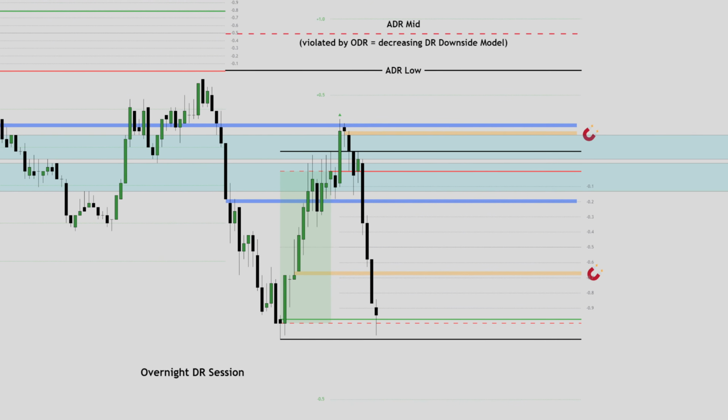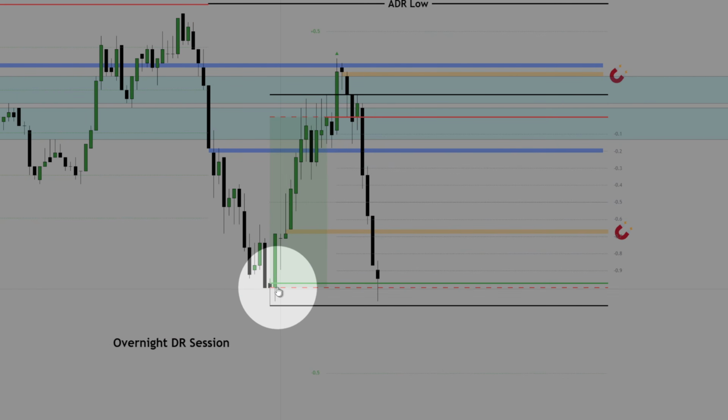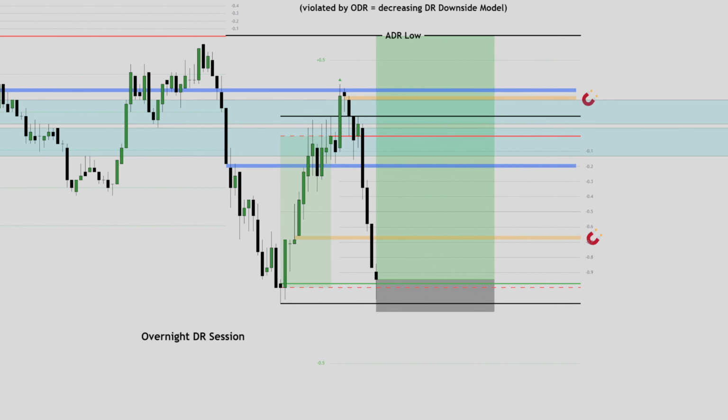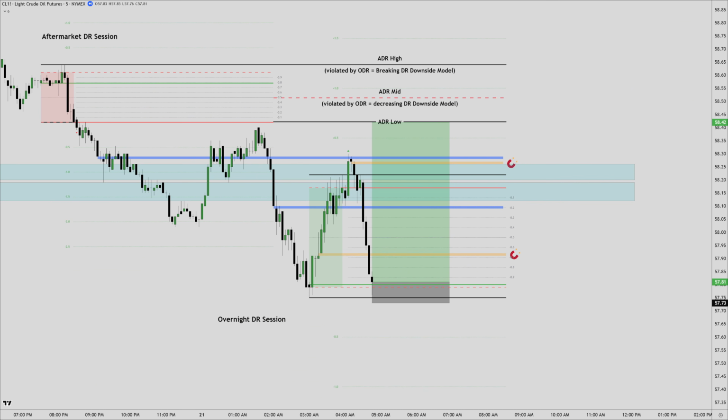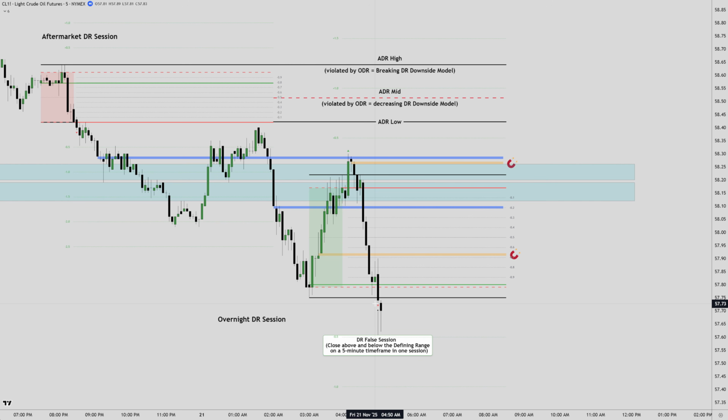Price then retraces much deeper into the range, all the way down to the opening price and the IDR low. It rejects that area and builds a beautiful retirement setup with almost 8 R potential. I would take that trade anytime, but this time even that setup fails. Price stops the position out and closes below the defining range on a 5-minute time frame, turning the session into